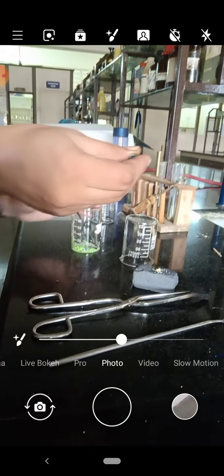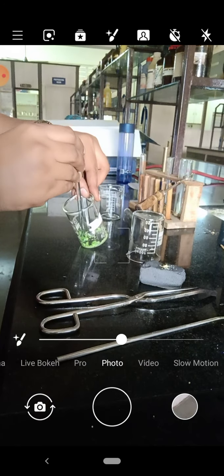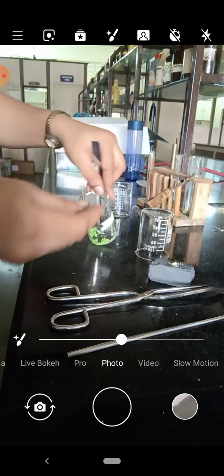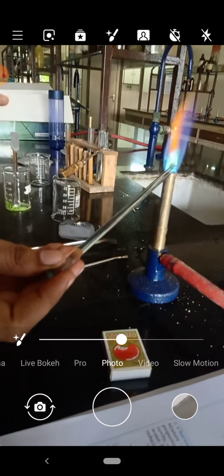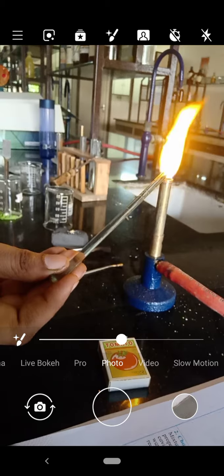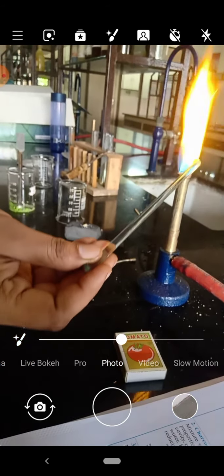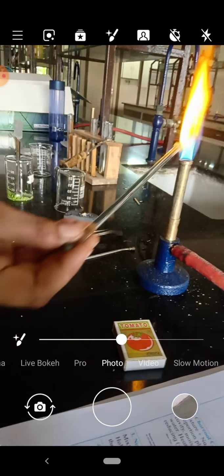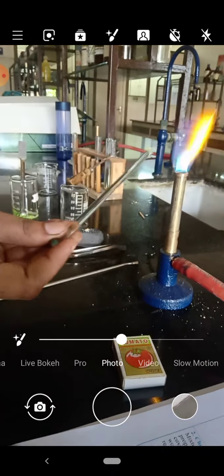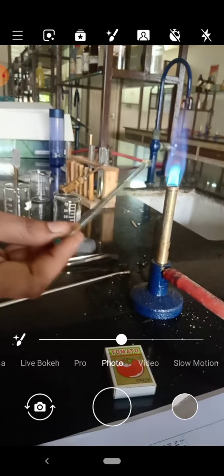See, in this test tube I have taken concentrated HCl. Just dip the glass rod in concentrated HCl, and touch this glass rod to the mixture. Just touch the mixture and heat it on a blue flame and observe the color change of the blue flame. See, now this is a blue flame, now it is changing. You have to note down the change in color. So in this way we have to do the flame test.